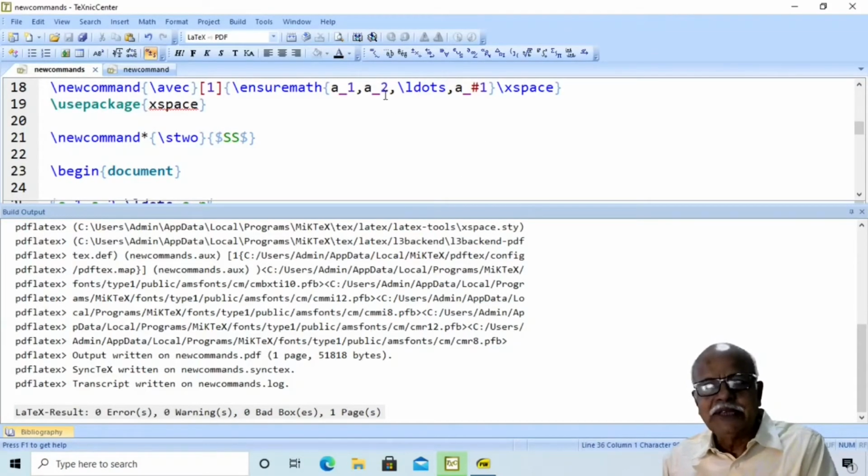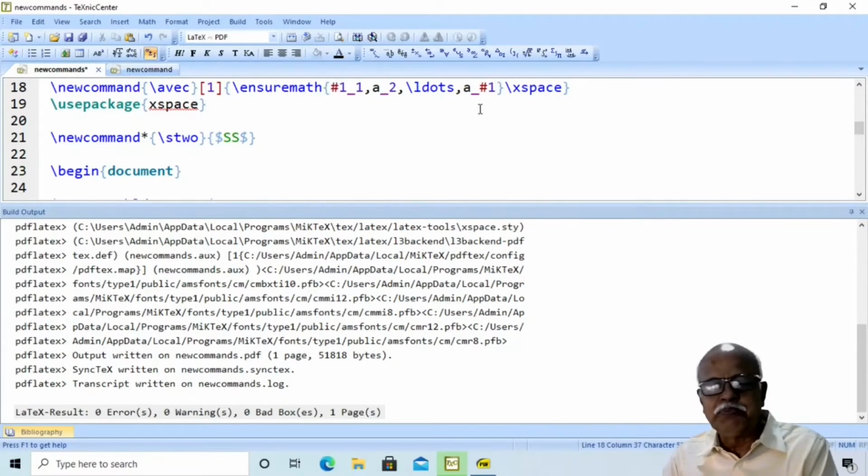Again, if your document contains not only a1, a2, etc., an, but also b1, b2, etc., then you can increase the number of optional parameters to 2. See here, you say #1 underscore #2. Now the number of optional parameters becomes 2.